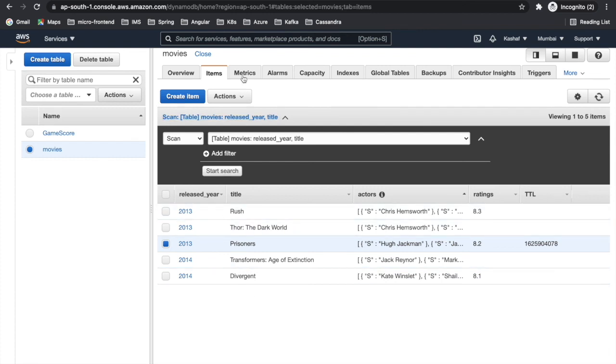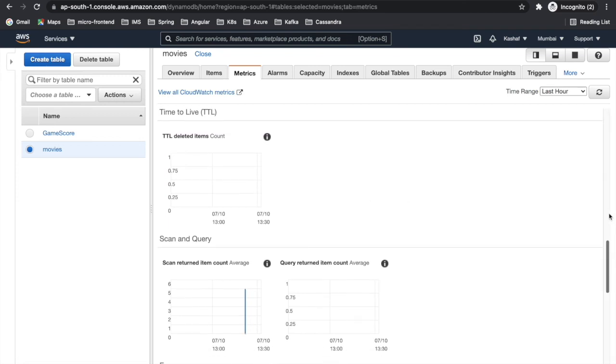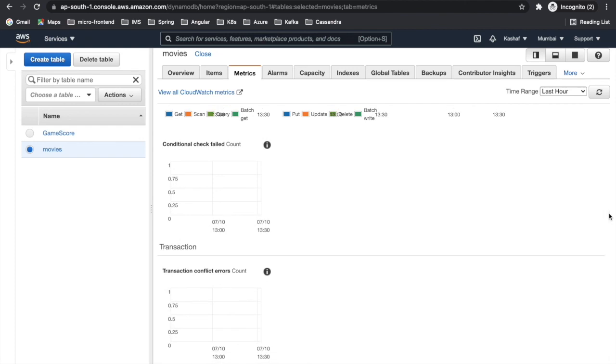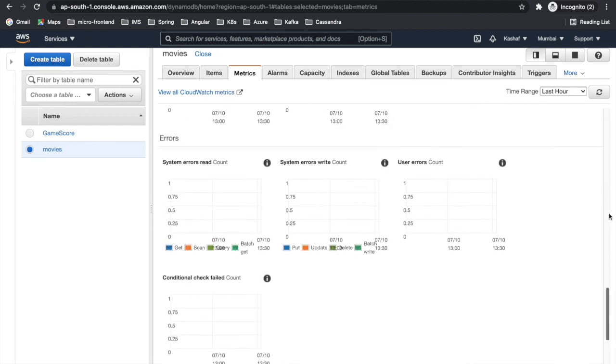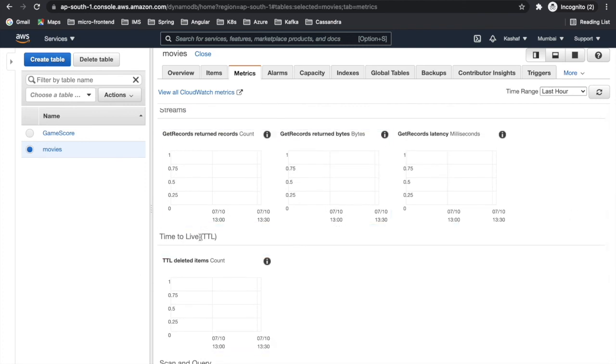You can even see the metrics section if you want to monitor which items get deleted at which time. You can have it in the TTL section here, under time to live.